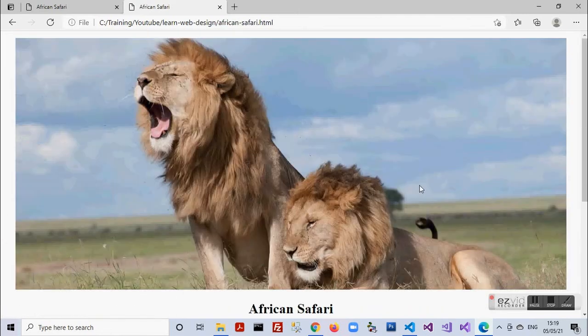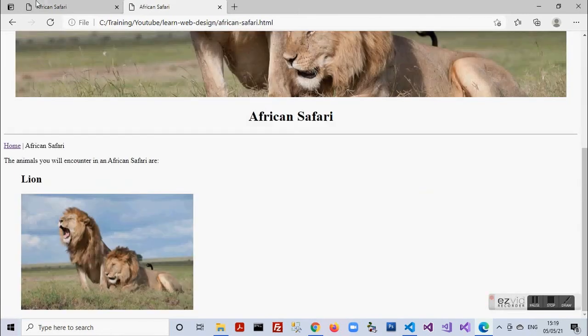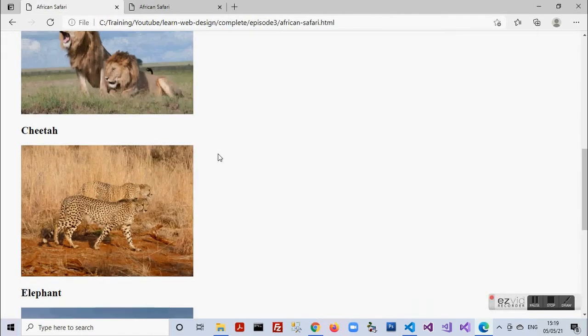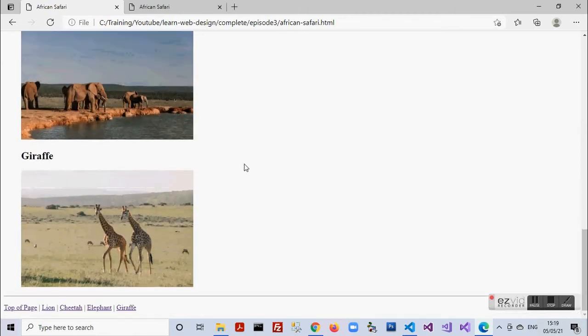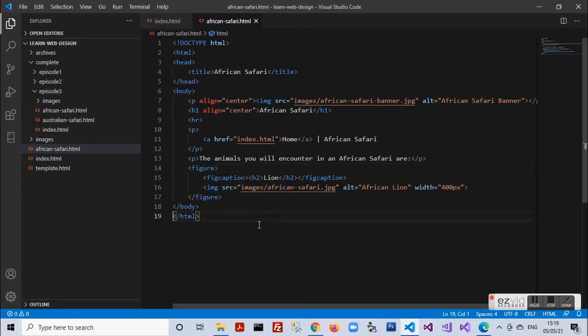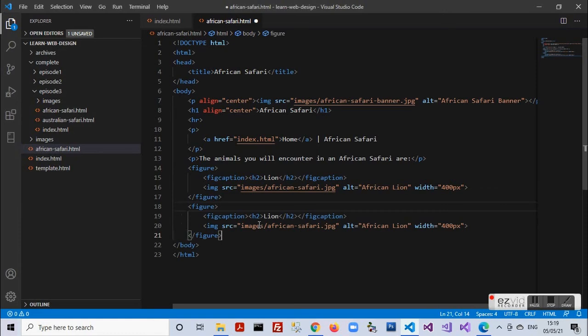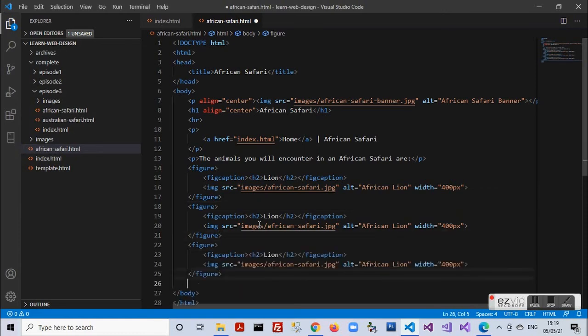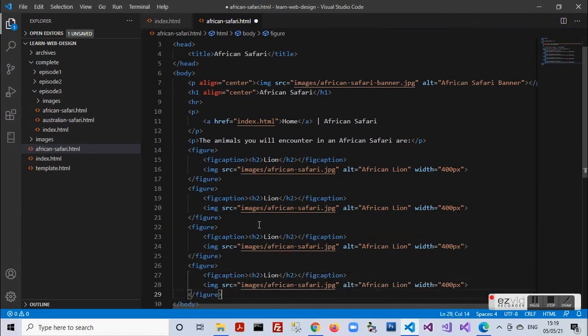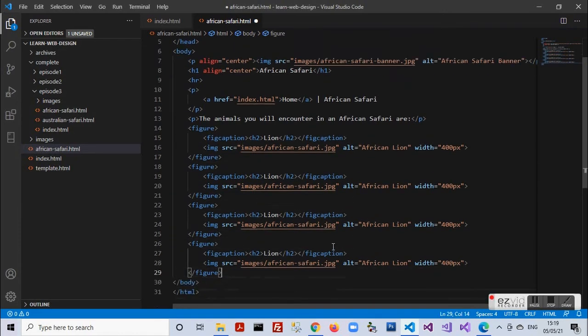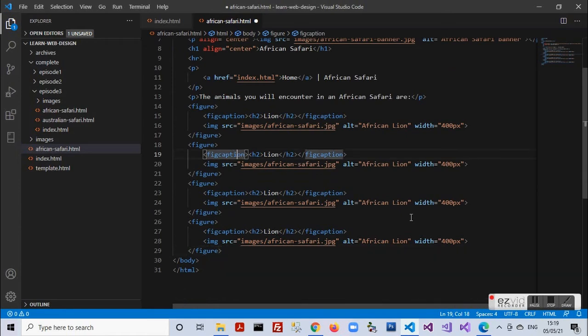So moving back again to the African Safari page, I need to put in other animals here in the sequence: cheetah, elephant, and giraffe. So moving back to my page again, to save time, I'll copy this figure block, paste it 3 times, and make the required changes.